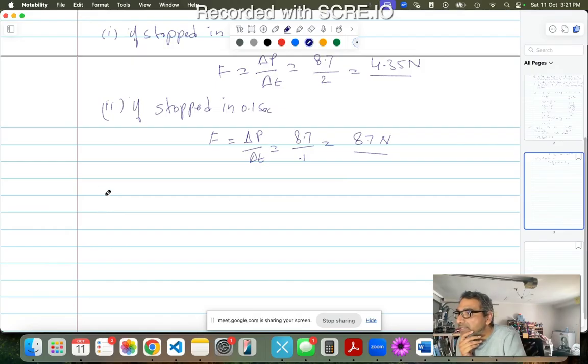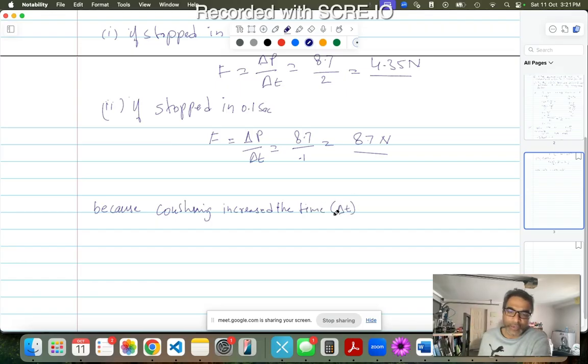Cushioning increases the time. Before, we have delta P as 8.7, but to check the force,